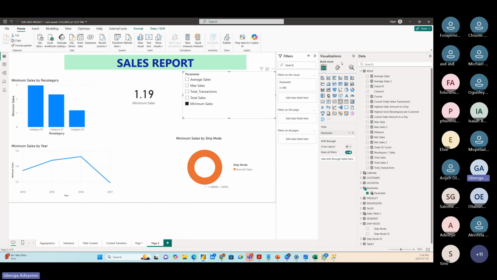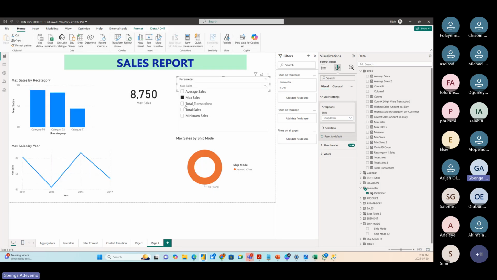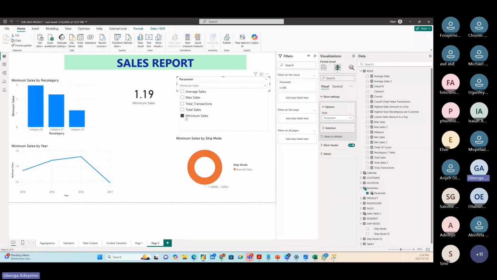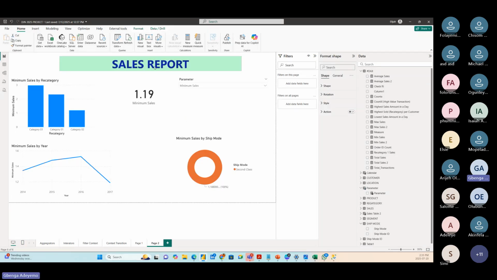So let me change this one to, what do we call it, slicer settings. Let me change it to drop down so that we can have more space. But this is not actually where we are going today anyway. I can do something on this title. I can make the title dynamic. So instead of